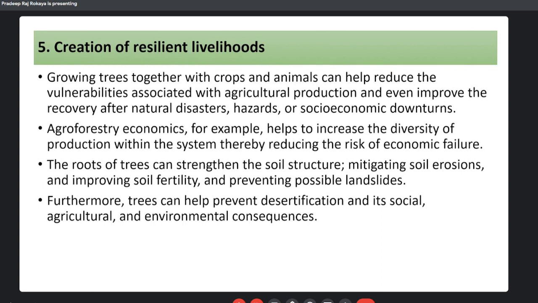Agroforestry economics, for example, helps to increase the diversity of production within the ecosystem, thereby reducing the risk of economic failure. हामीले यसले के गर्छ, एउटा मात्र सिस्टमलाई अपनाउँदैन, यसले डाइभर्सिफाइड सिस्टमलाई अपनाउने भएको हुनाले इकोनोमिक फेलर हुनलाई पनि यसले बचाउँछ. The roots of the tree can strengthen the soil structure, mitigating the soil erosion and improving the